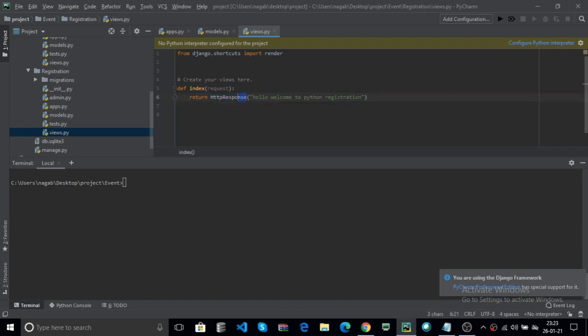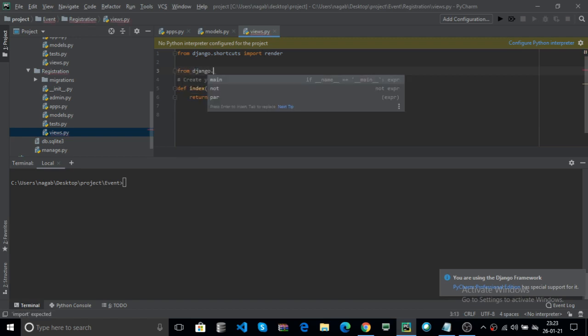Now where is HttpResponse? Import HttpResponse from django.http. Django is the package, http is the module, and HttpResponse is a class.